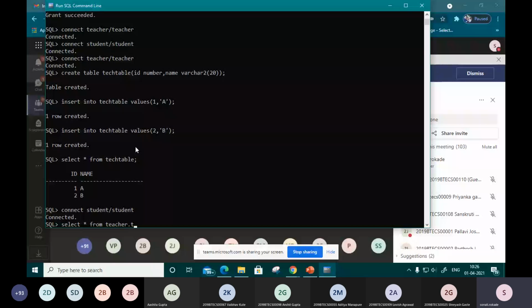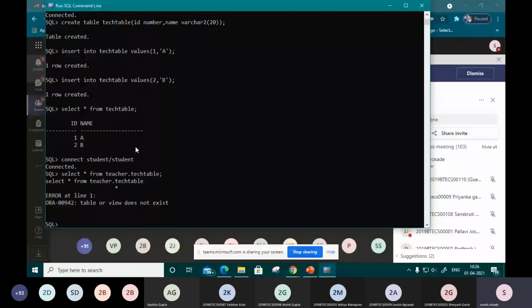Teacher dot test table. No, that table does not exist in the student account. Why? Because teacher and student both have the role of assistant, but the data created in the teacher account is not permitted to be accessed by user student.